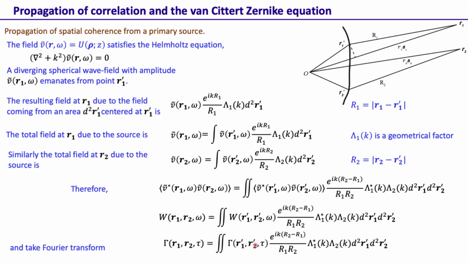So this is just an integral way of representing how we can find the correlation at r1 r2 if we know the correlation at r1 prime r2 prime, for both the cross spectral density function and also for the cross correlation function. Okay, now